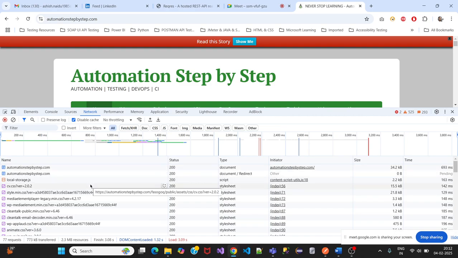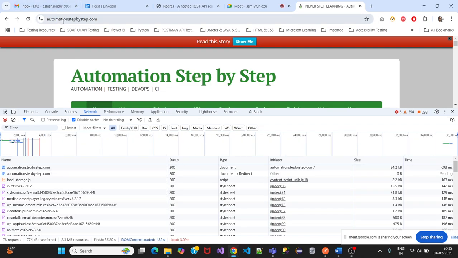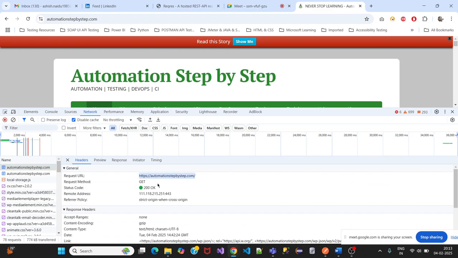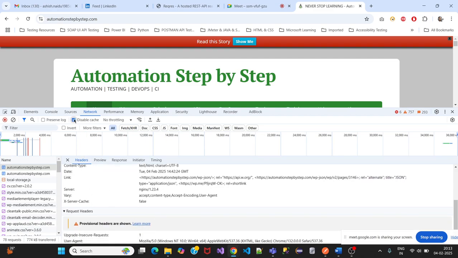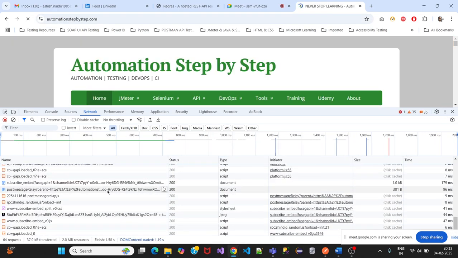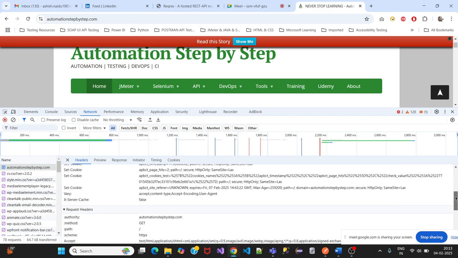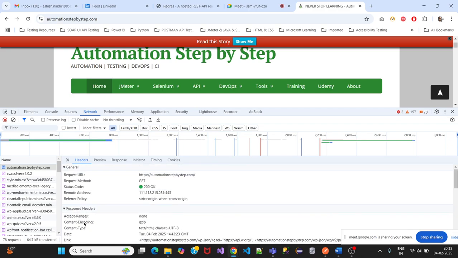But now you might wonder what exactly is the difference between all and fetch/XHR. Here you can see the website which we have navigated to. You can click on what is listed over here. When you click on this, you'll see the request URL, the request method, the status code and response headers. You need to uncheck this and then reload it, and then come back here and select this. Now you can see response headers and request headers. Everything is listed over here. So now we can wonder why exactly we have both all and fetch/XHR, and what the difference between them is. Okay, now coming to that point,